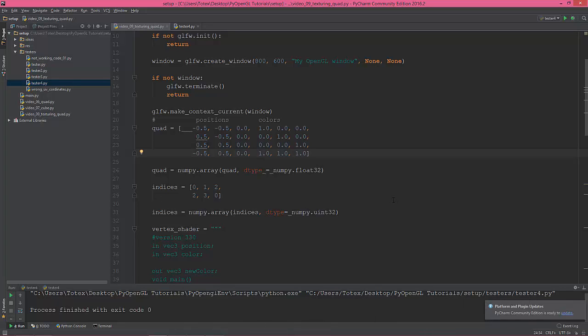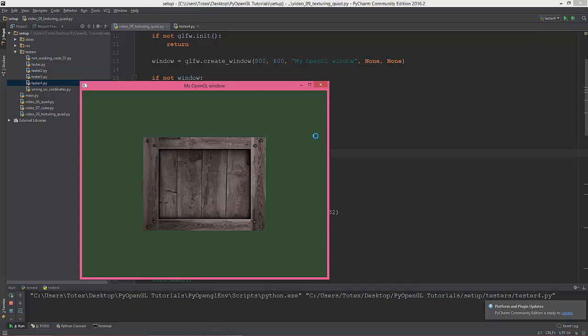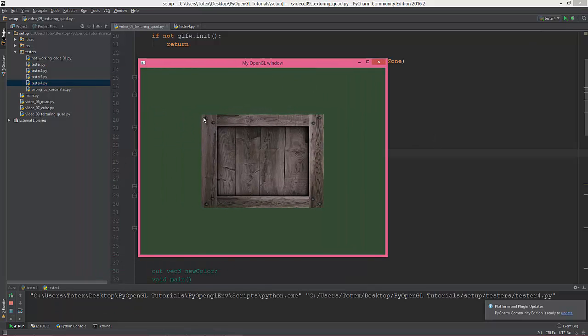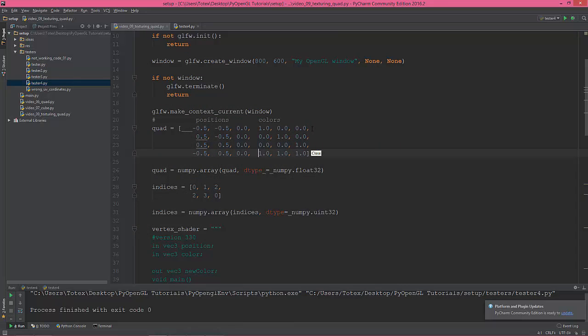So now we're gonna texture our quad, which we created in video number 6, and at the end of the video it will look like this. So a simple textured quad. So okay, first of all